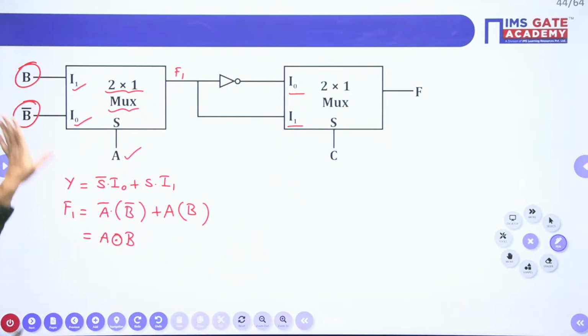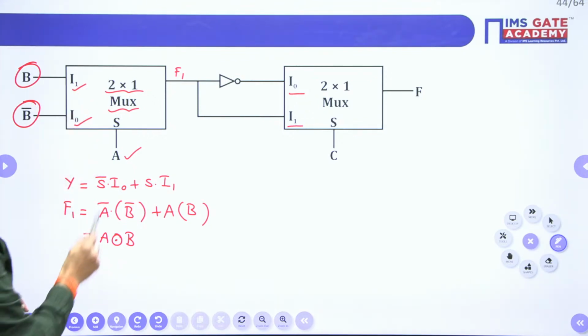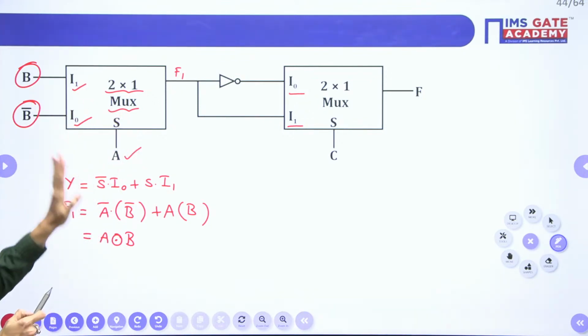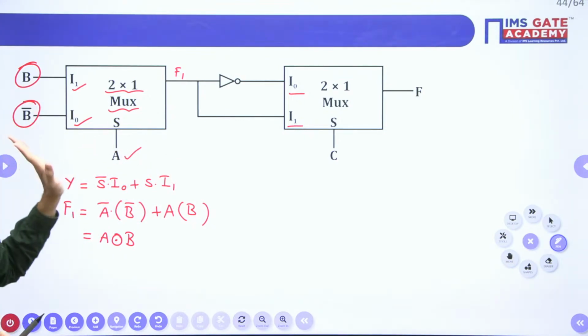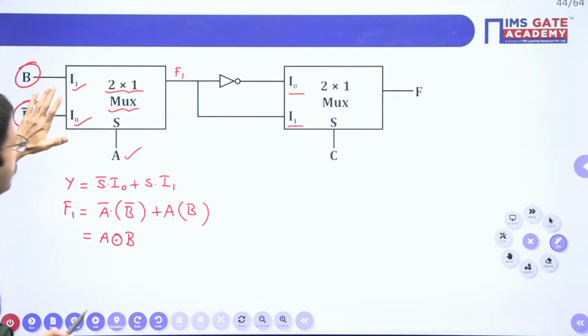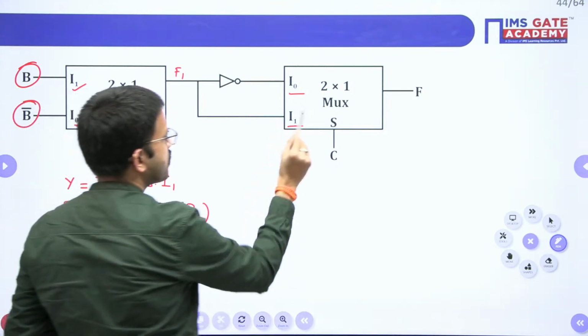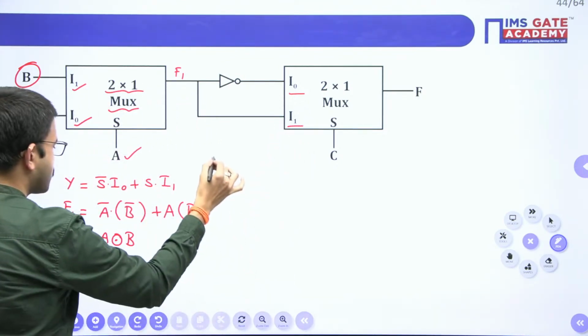Okay, so with respect to mux functionality, whenever selection is 0, I0 will be connected. Selection 1 means I1 will be connected, whatever the order they might have represented. Be careful with respect to the notation. Now, regarding output of second mux,